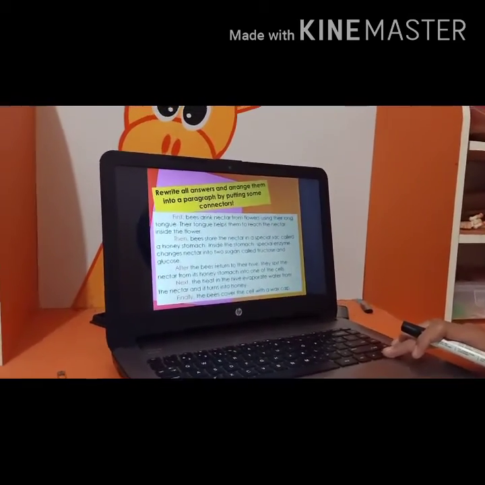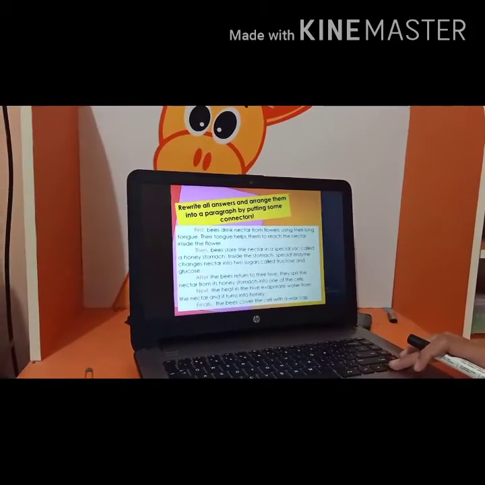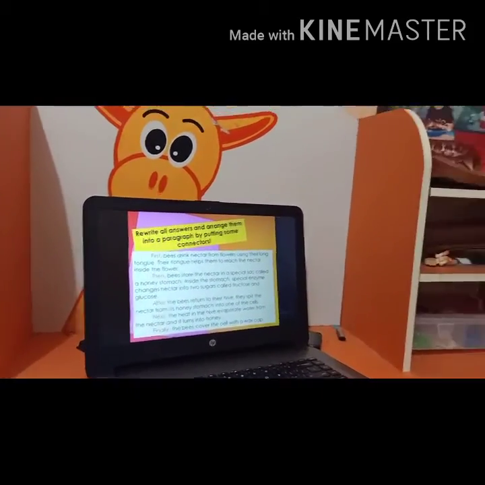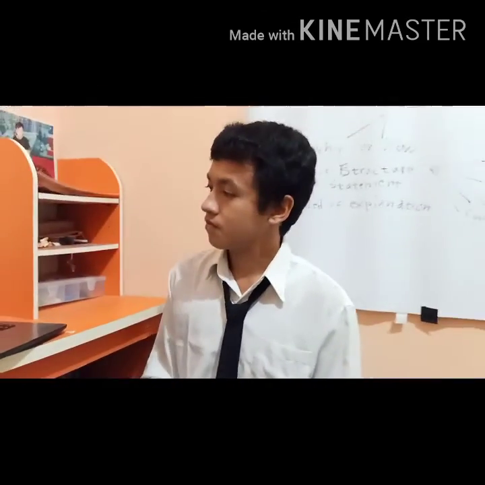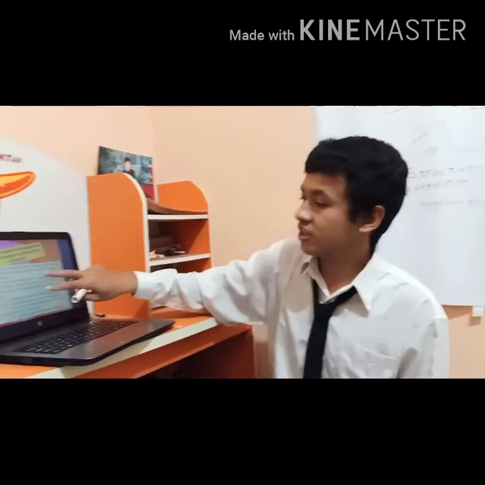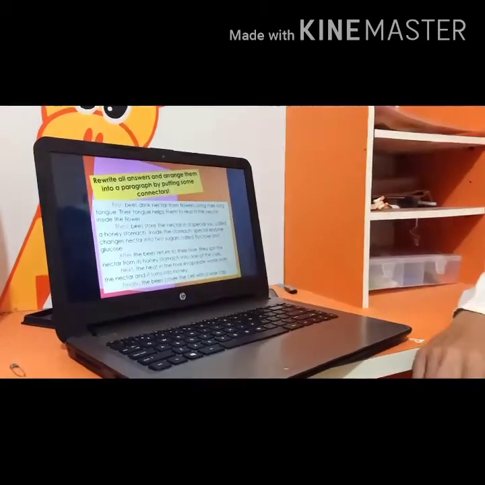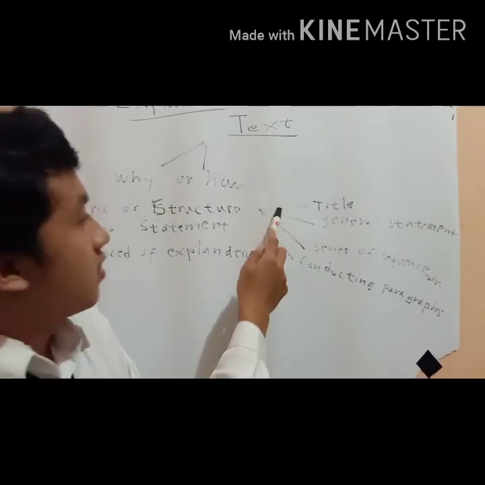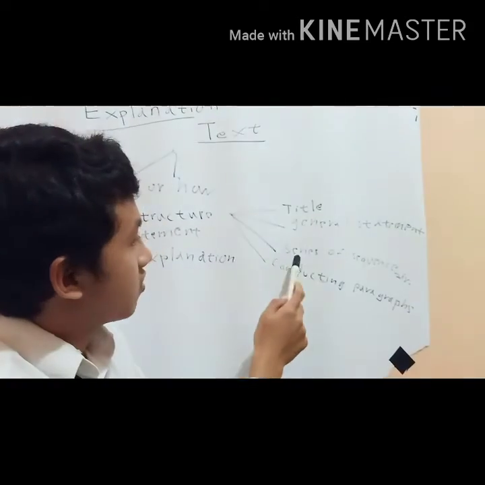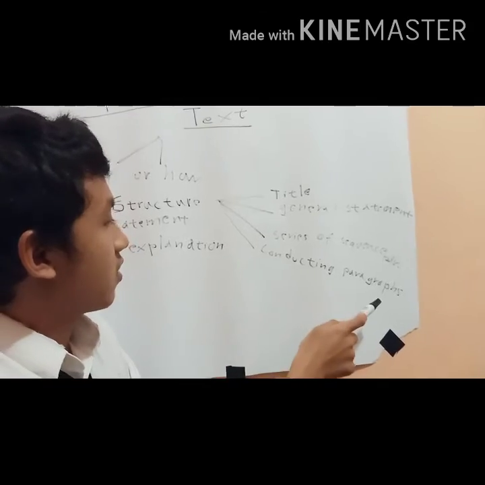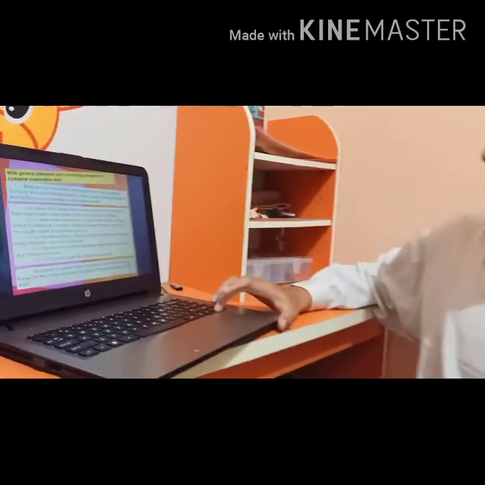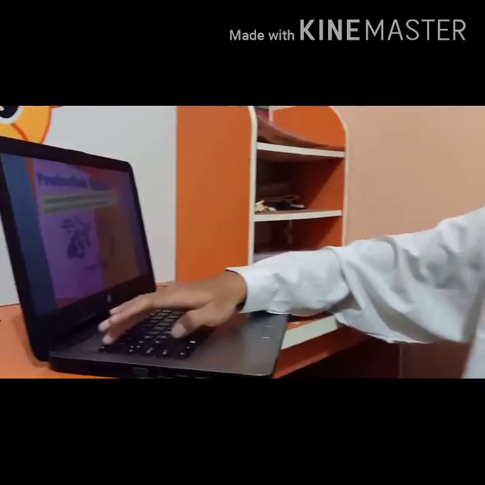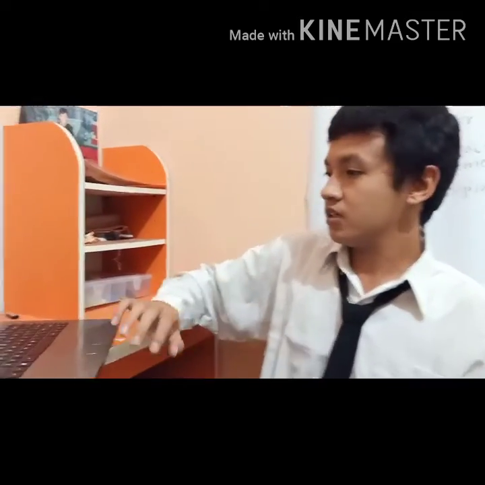Rewrite all answers and arrange them into a paragraph by putting in some connectors. Okay, I command you to make some examples of explanation text based on this example. Include a general statement like title, general statement, series of sequence paragraphs, and concluding paragraph. Understand? Okay. If you understand, the next topic is